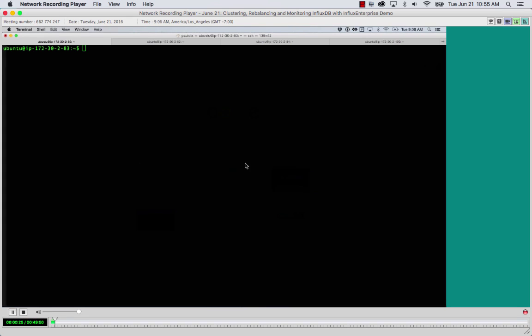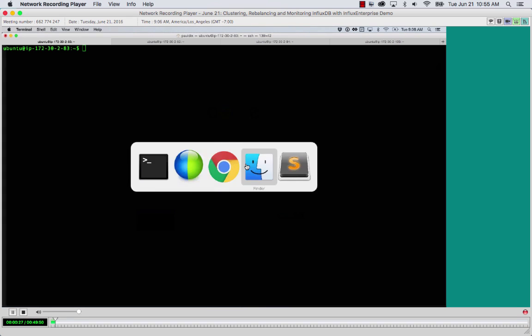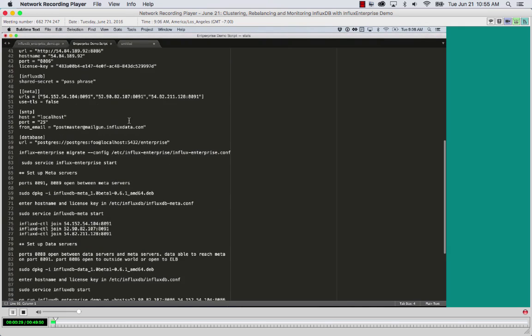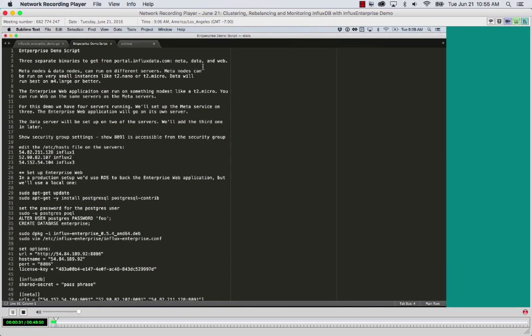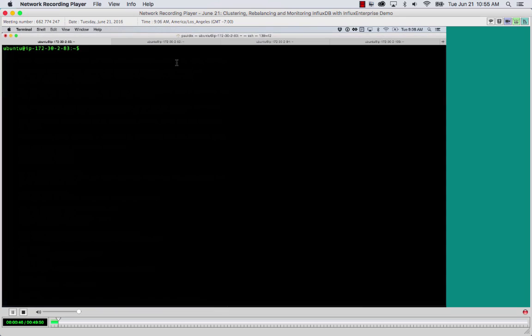So with Enterprise, it comes with three separate binaries, right? You can sign up for Enterprise at portal.influxdata.com, and the three separate binaries are basically the meta binary, the data binary, and the web binary. So meta nodes